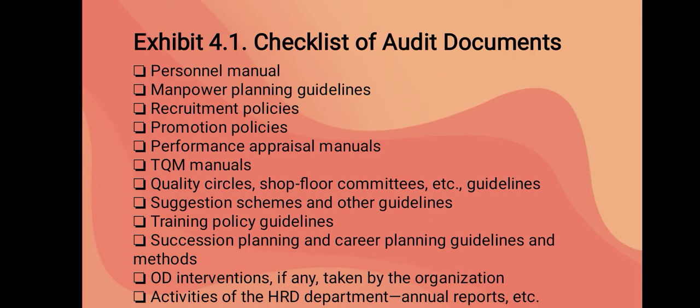Checklist of audit documents: personnel manual, manpower planning guidelines, recruitment policies, promotion policies, performance appraisal manuals, TQM manuals, quality circles, shop floor committees, etc. Suggestion schemes and other guidelines, training policy guidelines, succession planning and career planning guidelines and methods. Audit interventions, if any, taken by the organization, activities of the HRD department, annual reports,